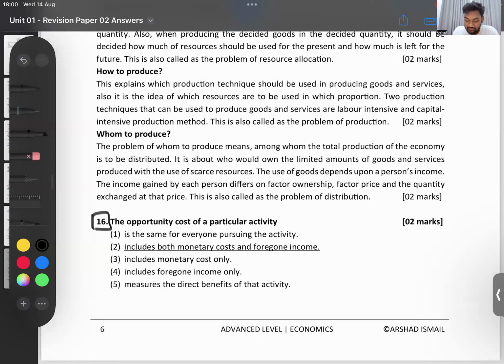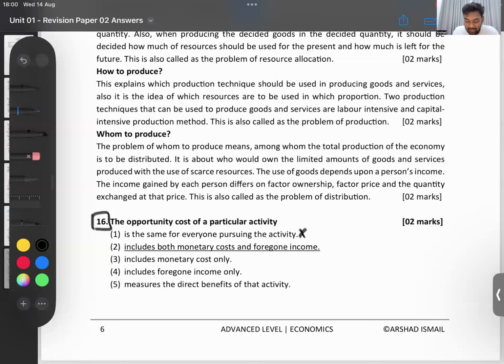Is the same for everyone pursuing the activity? Is the opportunity cost the same for everyone? And we said opportunity cost is subjective. Number 2 is saying includes monetary cost and foregone income. Includes only monetary, includes only foregone income. And then they say,